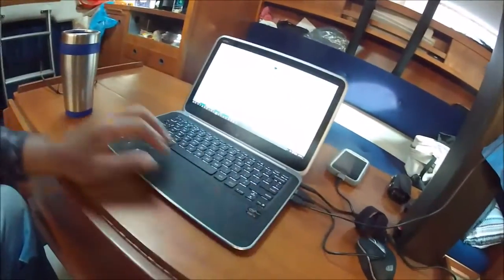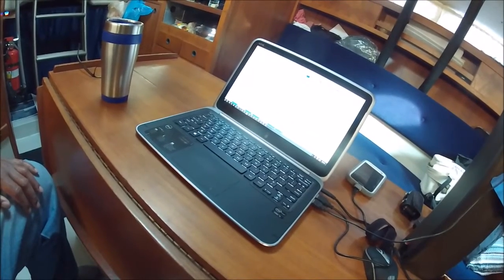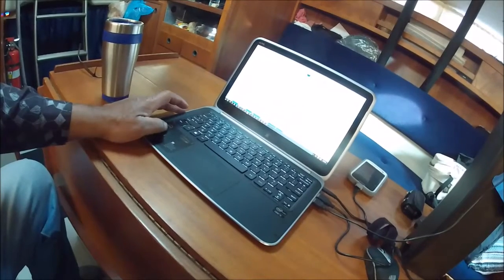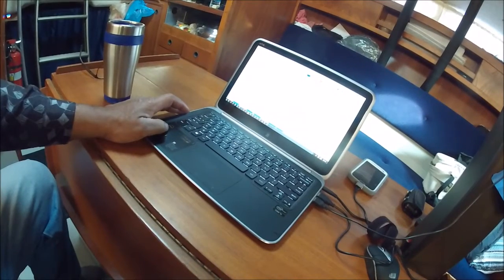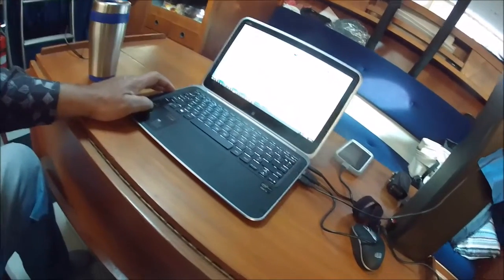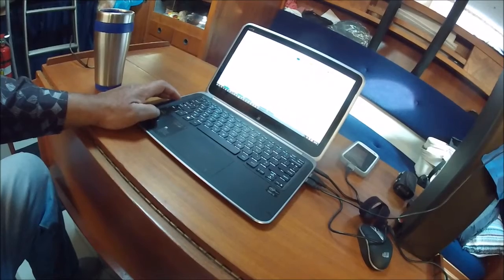and I also have Navionics on my Samsung Galaxy S4, which works pretty nicely. So relative to the Dell XPS 12, I do plan to purchase a second one to serve as a backup for the trip. I'll be creating, prior to departing, a complete backup for this one and restoring it onto the other one. I found on eBay units are available for relatively reasonable price, for less than I paid for this thing new, which is the most I paid for a personal computer, since I've been messing about with personal computers since the